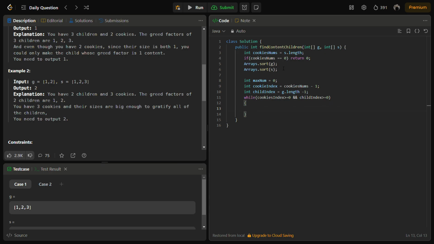So what we'll do, if the previous condition is true and the cookie size is greater than or equal to the greed factor of the child, so this is the greed factor of the child, so we are checking the main condition now. If it is correct, then max num plus plus, this is our final answer counter, and the cookie index can be reduced, and the child index can also be reduced,